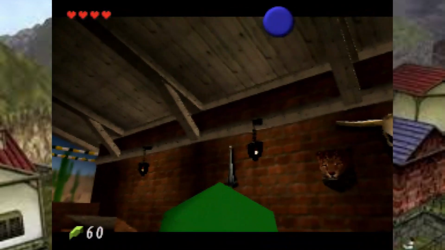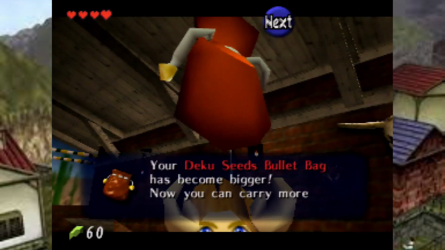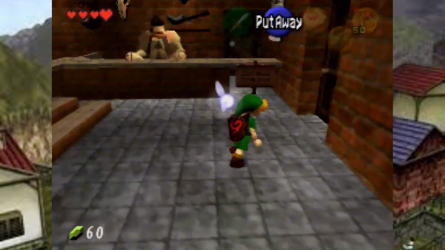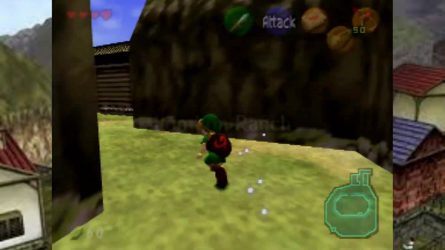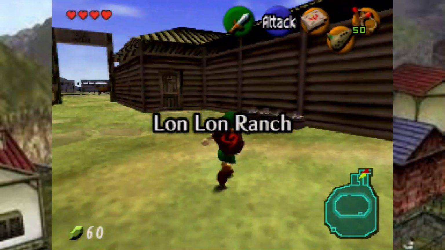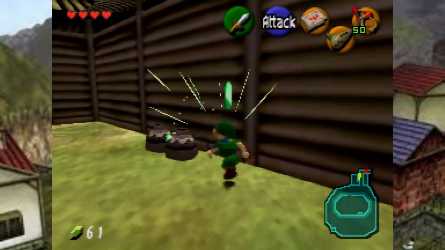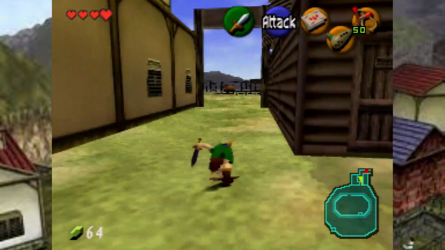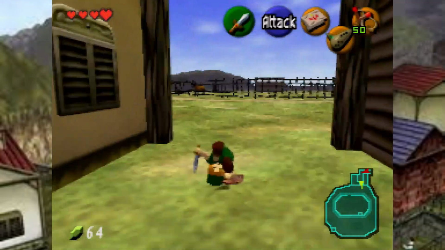So we got a present, and we got the Deku Seeds bullet bag. Now we can carry more bullets. This character can hold up to fully 50 bullets. And now you may be wondering why I'm back at Lon Lon Ranch again. There's actually a heart piece that I forgot to get in the last part, so we're gonna go get that proper. And yeah, so what we're gonna do now is